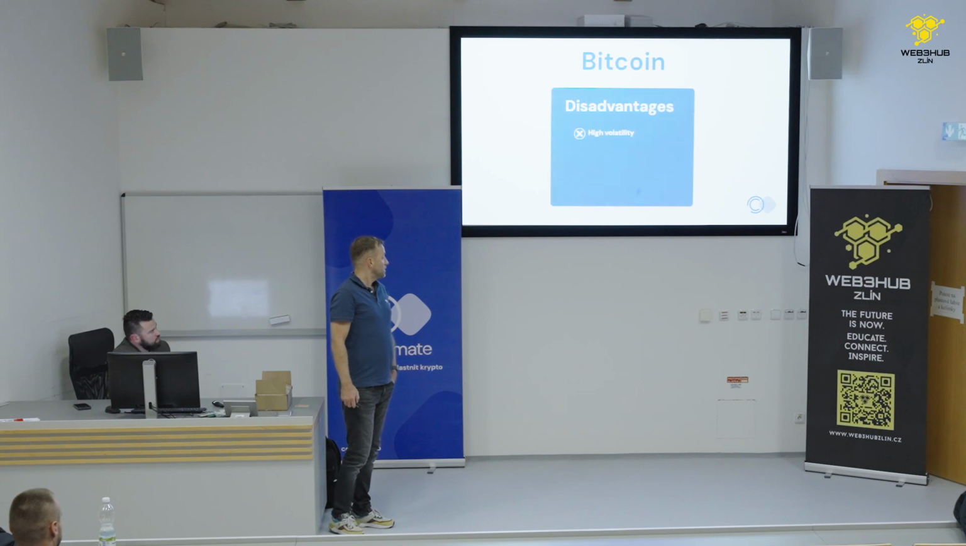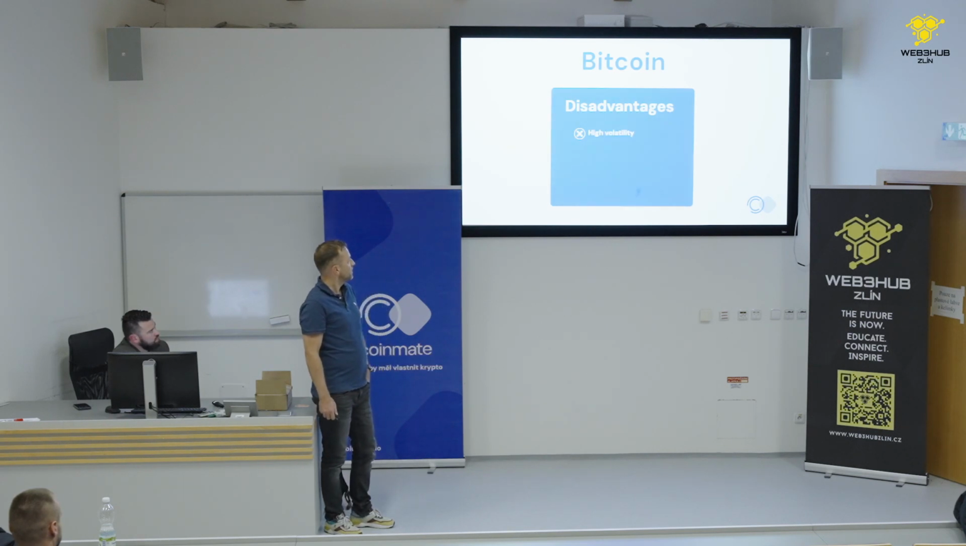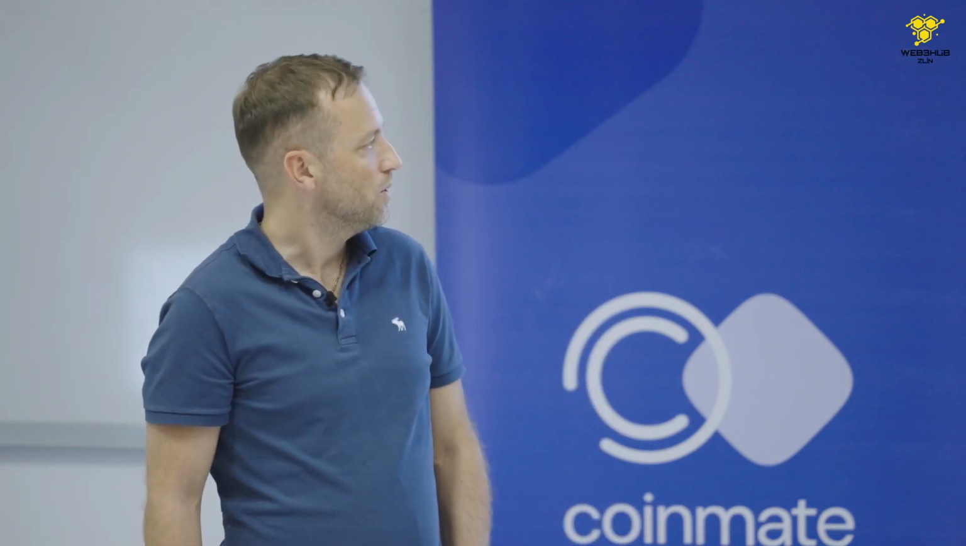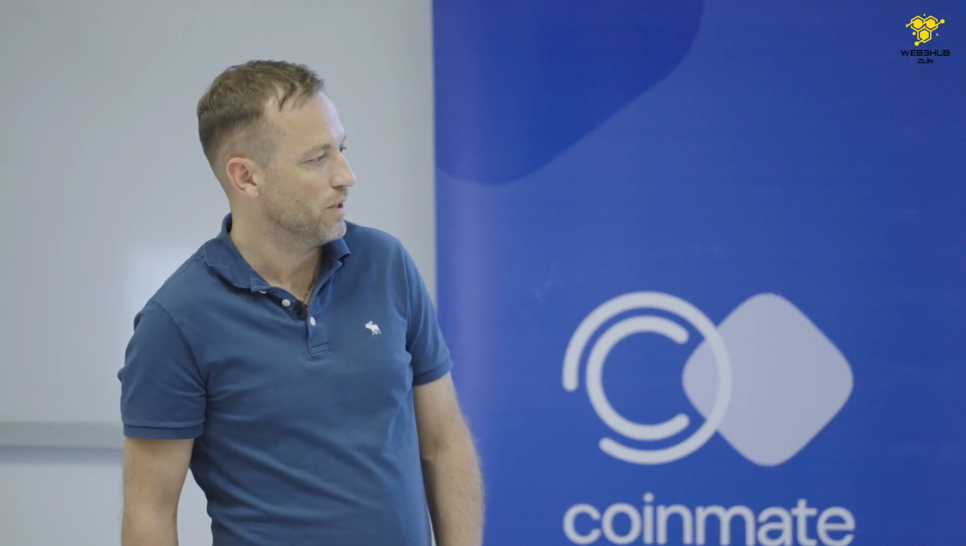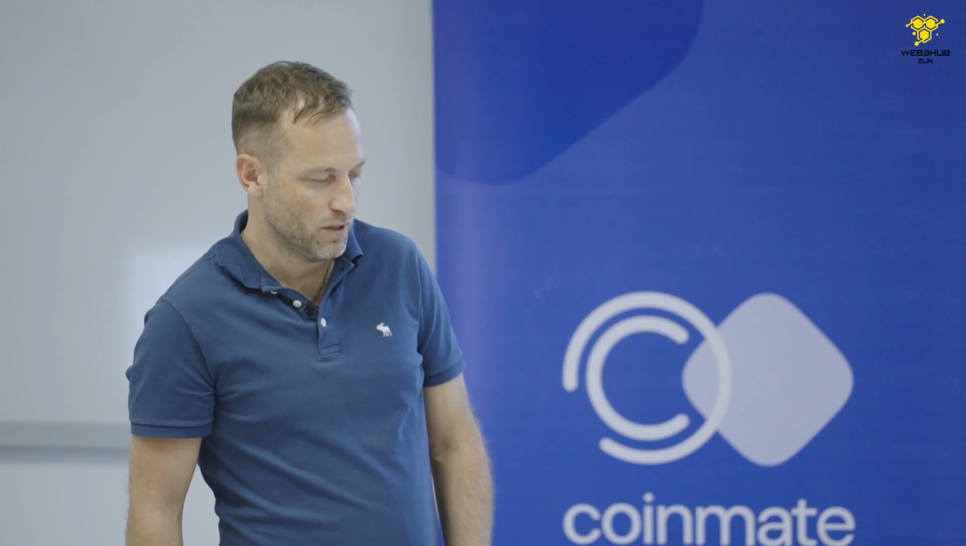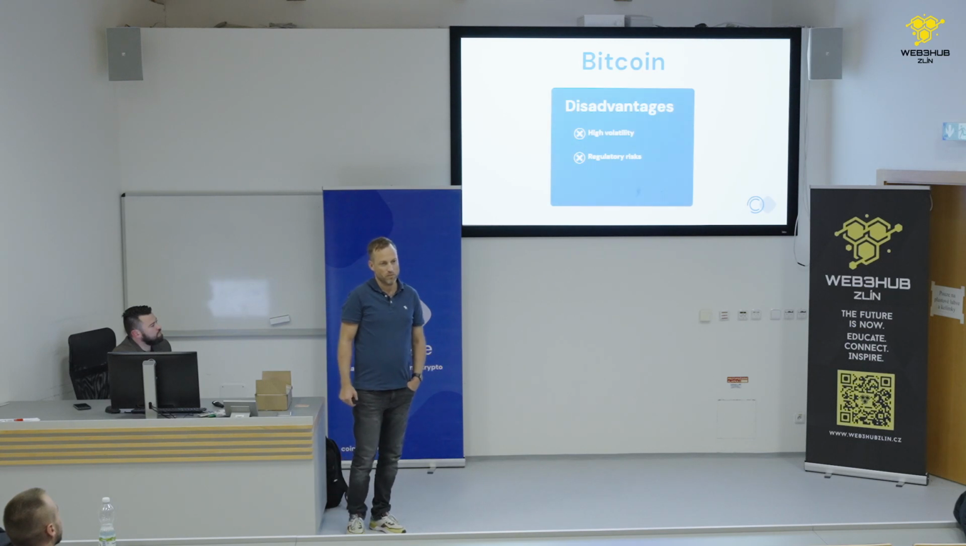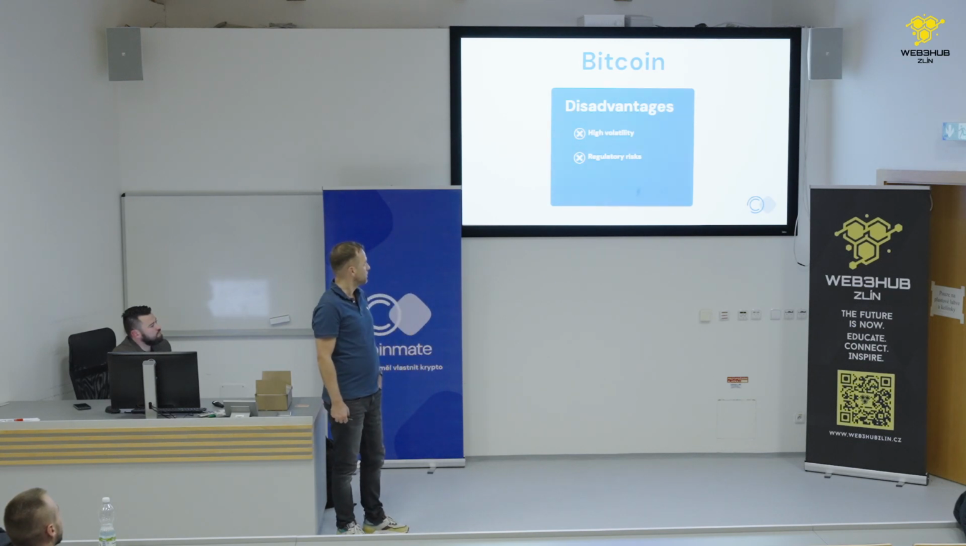The disadvantages: we already spoke about the high volatility, and there are some regulatory risks. Honestly, governments don't like Bitcoin very much, so they're trying to push laws against it. But in Europe, right now, we have a new framework called MiCA, which will try to regulate Bitcoin and put rules of the game, because there are no rules at this time. And that means that, for example, institutions are unable to invest in Bitcoin because they have no law which they could